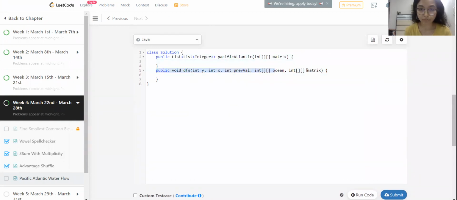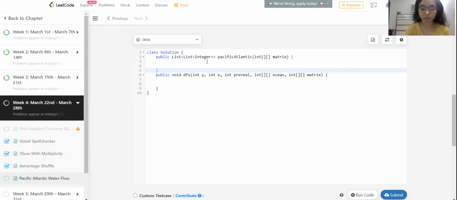I have created another function, DFS, which we'll be using to solve this problem. DFS is an algorithm to traverse through graphs, trees, or multidimensional arrays to find out any solution easily. DFS stands for depth first search. Let's try to code this. First, we will have a base condition, which is very basic but important.